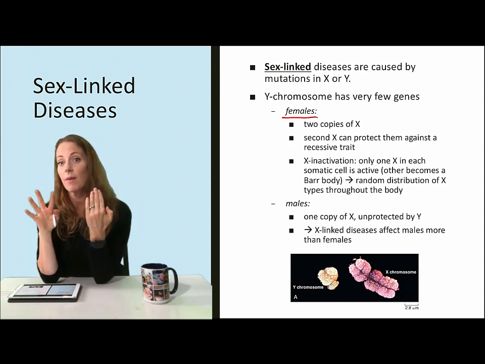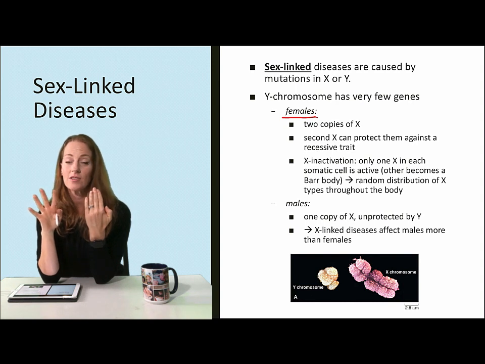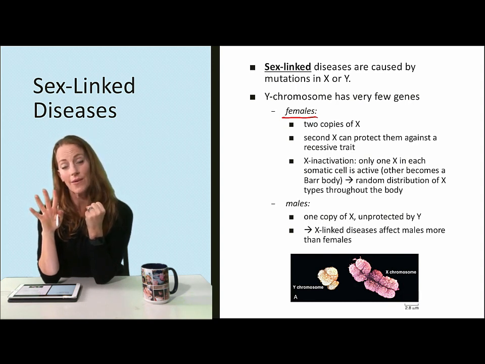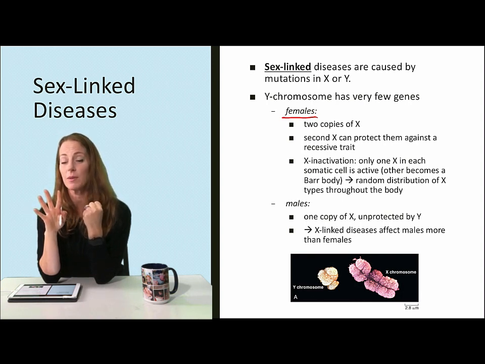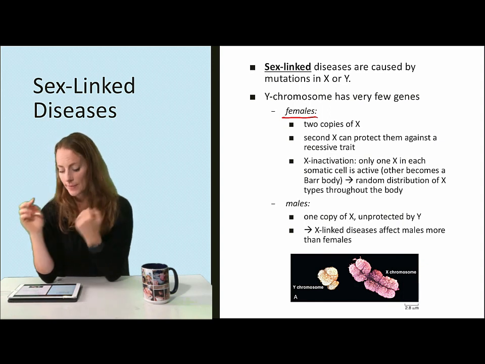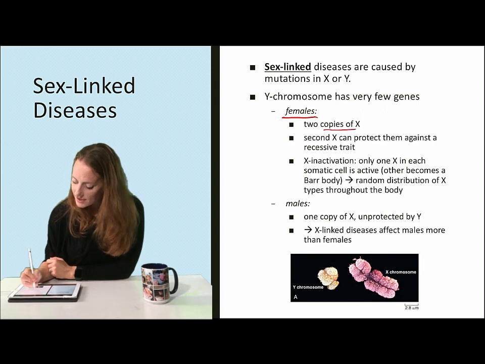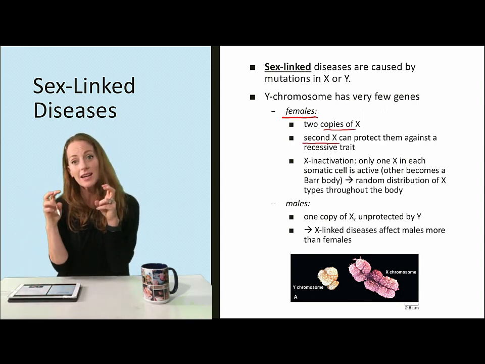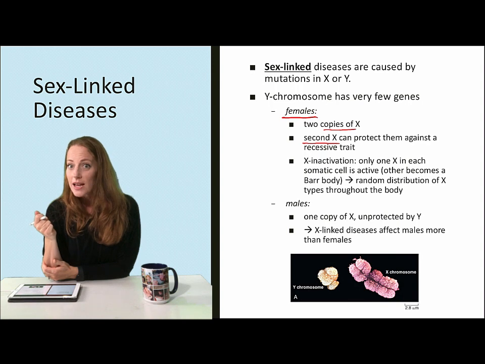If, however, the mother's X chromosome has a recessive genetic trait, but it's a male, the Y chromosome doesn't have the gene to balance out that recessive trait. So, same mother, more males of the offspring generation will be affected than the protected females. Okay? So, females have 2 copies of X, and that second X can protect them against a recessive trait on